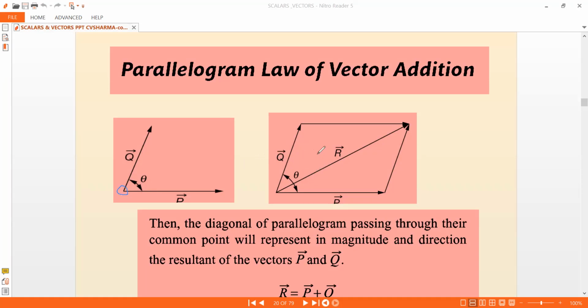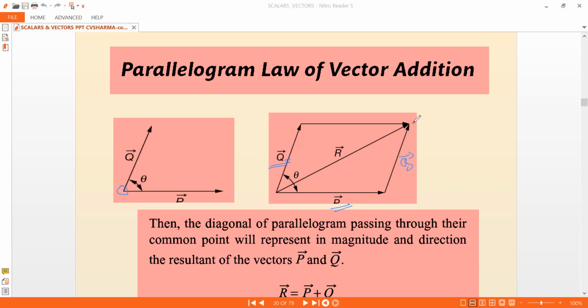Suppose this is the vector q bar and this is the vector p bar. Again, here the tails are matching, and you can use the triangle of addition only when you have the head and tail matching. In order to match the head and tail, we draw a vector parallel to q bar. And here is the parallel vector of q bar. Now for these two vectors, the resultant is like this.